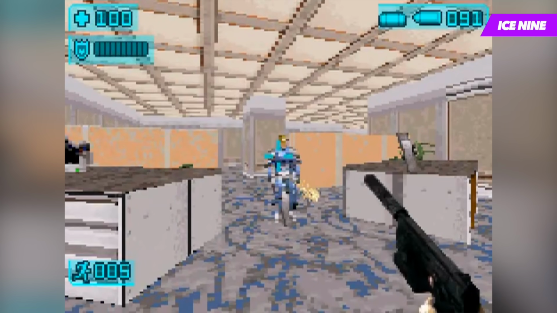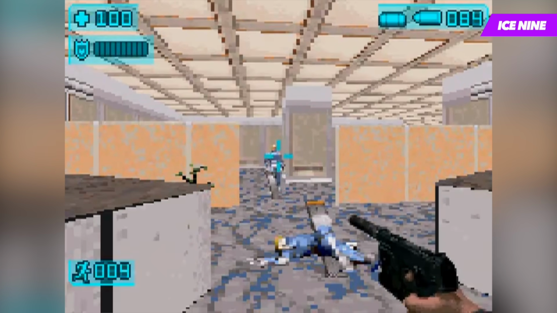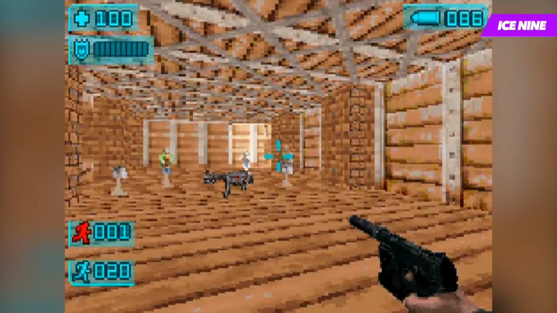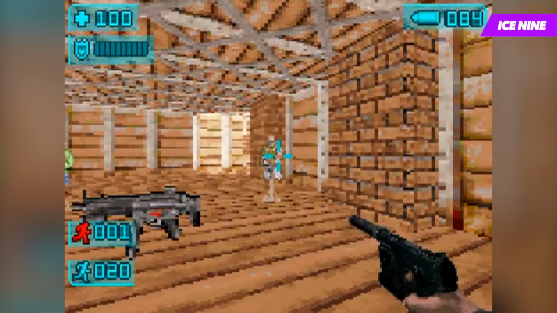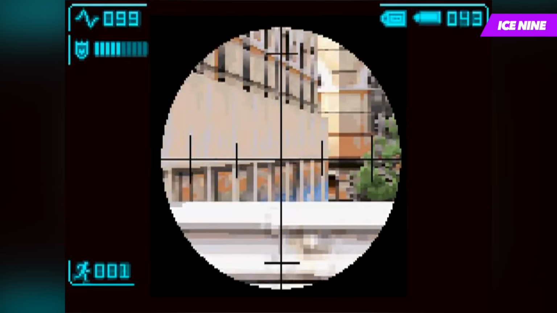When it comes to graphics, Ice 9 is a real showcase of what the Game Boy Advance was capable of, especially when in the hands of the right developers. The backbone of the Ice 9 engine is the same 3D raycasting engine that powered the graphically superior Duke Nukem Advance. The same development team added a number of tweaks and additions and polished the engine to a near perfect